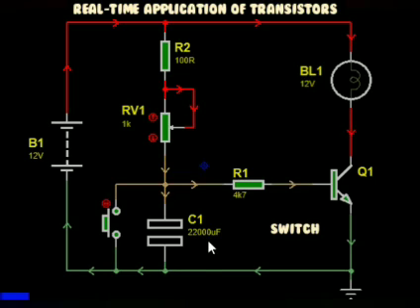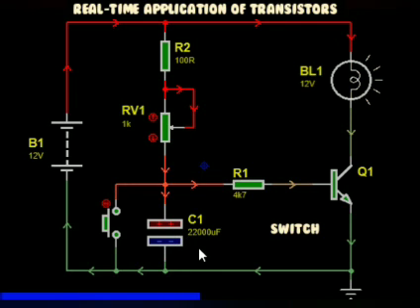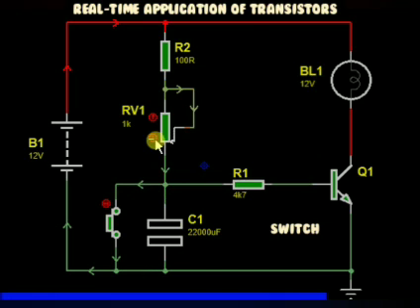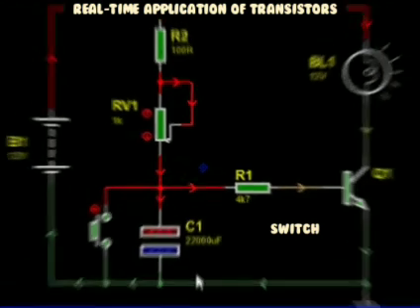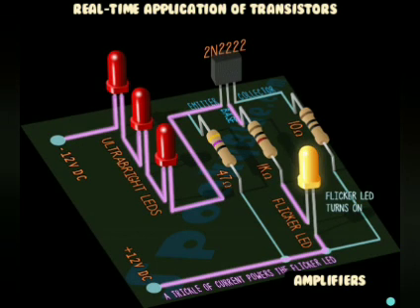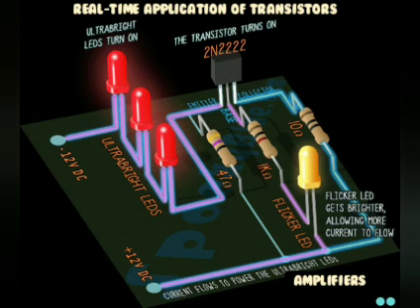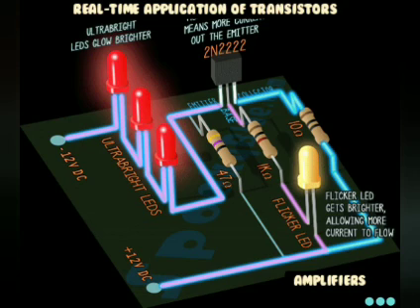Moving to the applications, as I have mentioned, switch and amplifier are among the major applications of the transistor. Yes, in real time we never stop using switches or amplifiers. For large scale communication, we need to use switches as well as amplifiers. Amplification is a major part of communication. While transmitting over long distances, we need amplification for our signal to travel farther. Yes, this is the major real-time application of our transistor too.